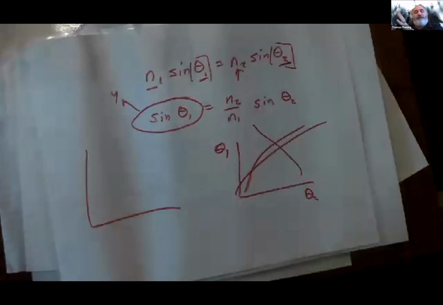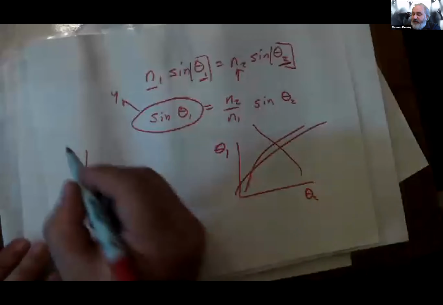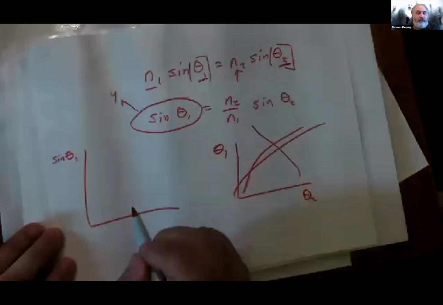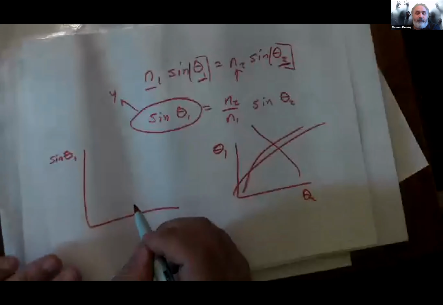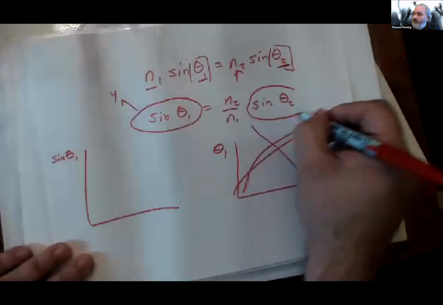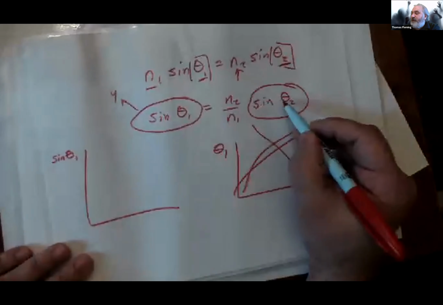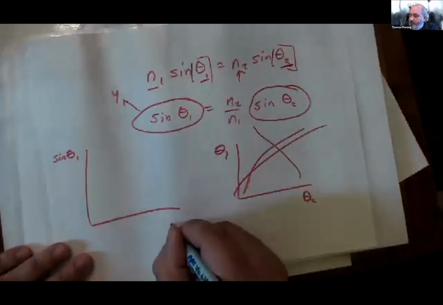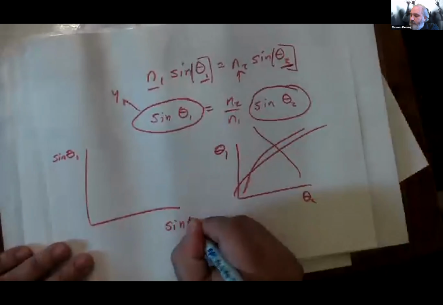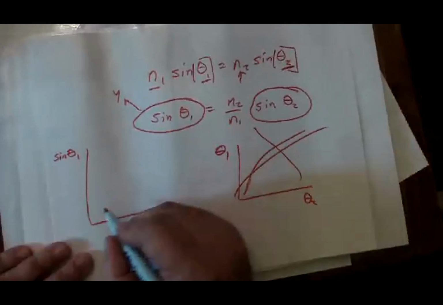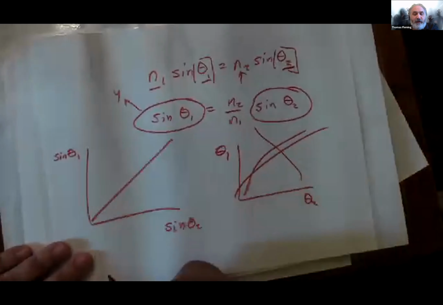So whatever they had for theta, they take the sine of that theta and plot it as their y-axis. Then they do the same thing with theta 2. They take theta 2, take the sine of it, and plot that number on their x-axis. And when they did that, what they ended up with is a perfectly straight line, the slope